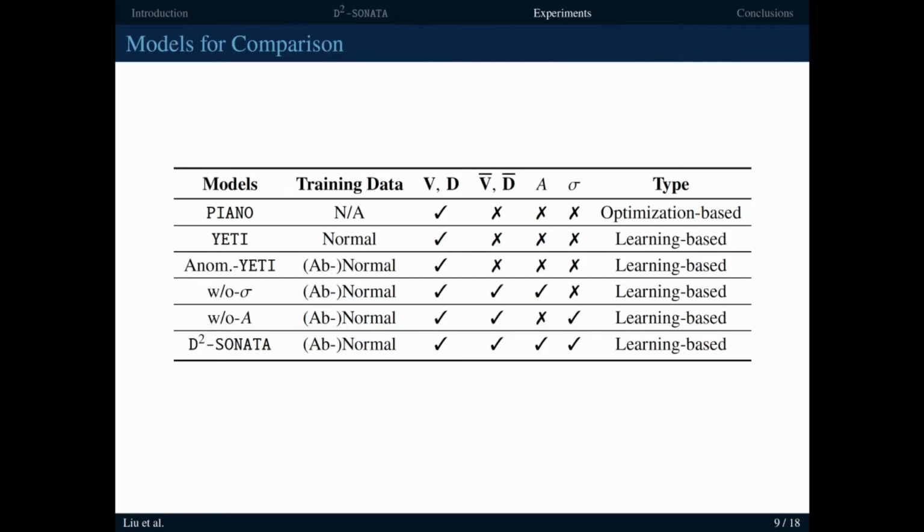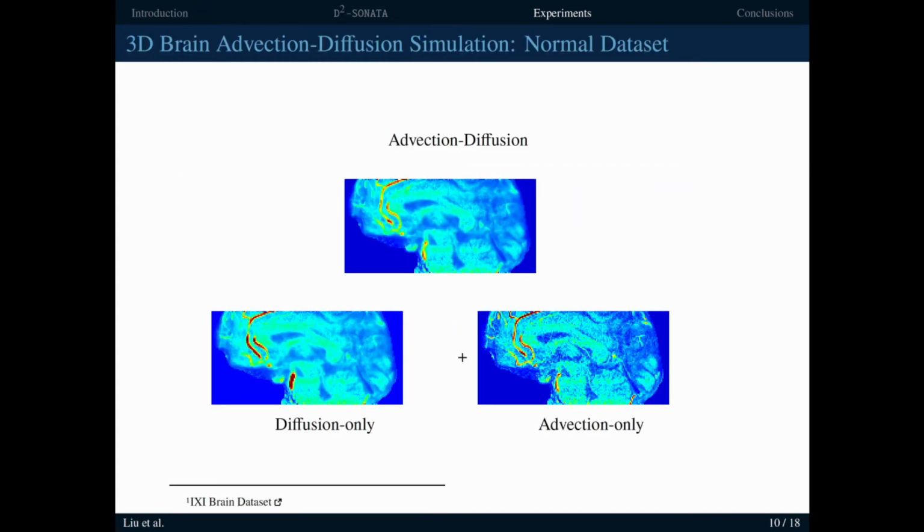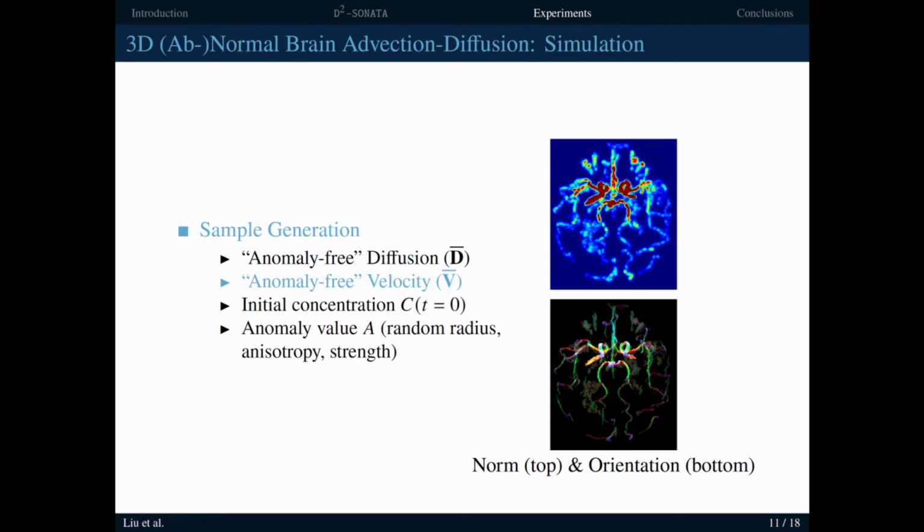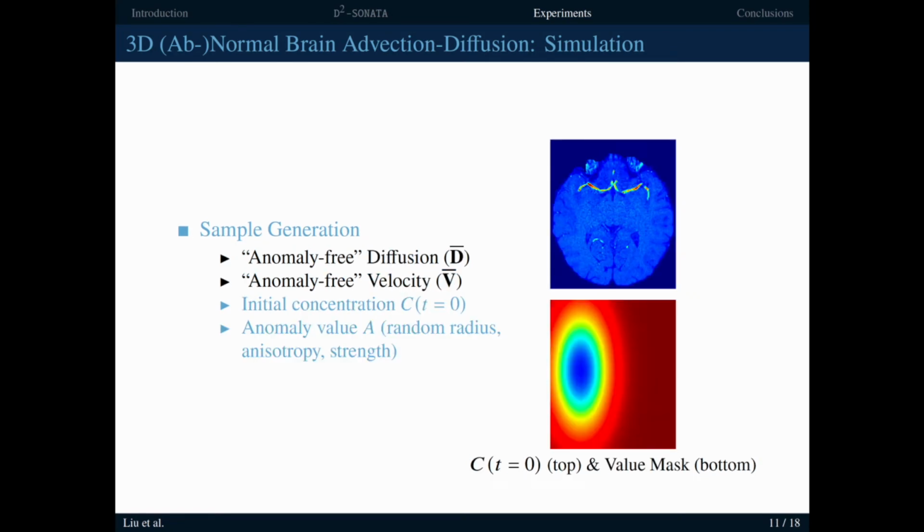For experiments, we compare our model with the state-of-the-art transport models for perfusion imaging. As you can see, given an advection diffusion transport process, our learning-based model is able to predict not only the overall velocity and diffusion fields, but also their corresponding anomaly patterns. Here we show an example of our simulated synthetic brain advection diffusion video. Briefly, we first generate the anomaly-free diffusion and velocity fields and then apply a randomly generated anomaly value mask on